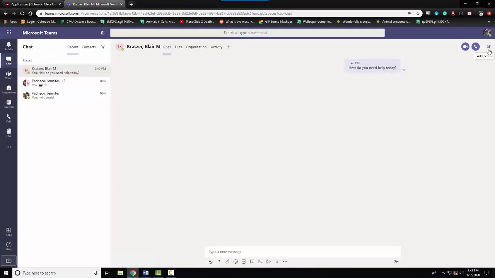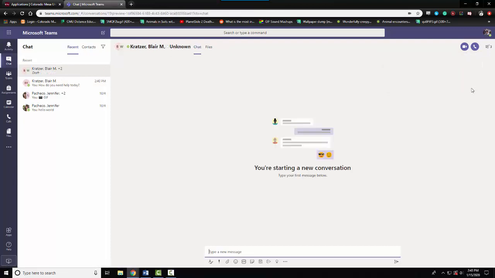In the event you both want to use a whiteboard and have a common space where both of you can work on something, what you need to do is when you're in the chat with the student, go to the top right and hit Add People, and then type in Writing Center. Once you add this user, which will show up as unknown, and begin a video call with them again,